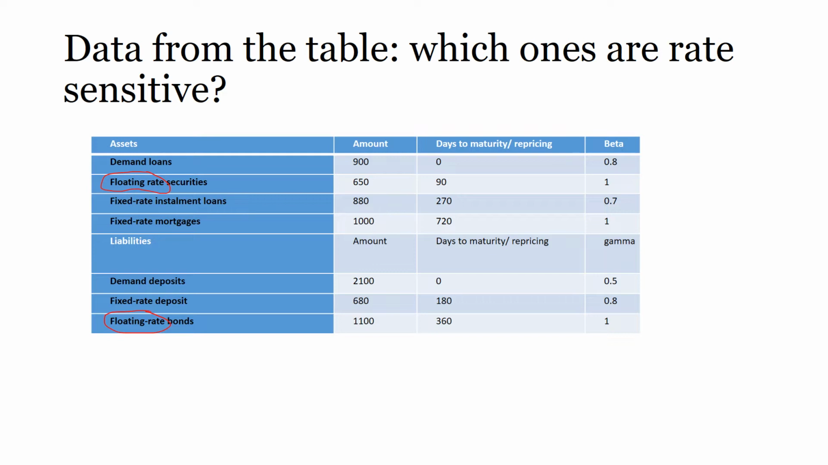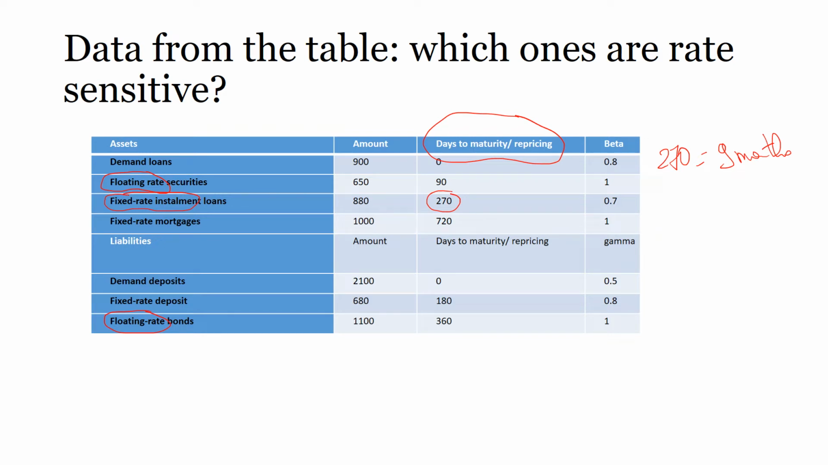Now, if you only look at the name, you will conclude that you have only one asset and one liability that is rate sensitive. That would be a mistake, because the way to determine which one is rate sensitive or not is to look at the number of days left until you reprice it. So let's work an example where it's not obvious. You have a fixed rate installment loan. During 270 days, which is 9 months in this exercise, because 1 year has 360 days,